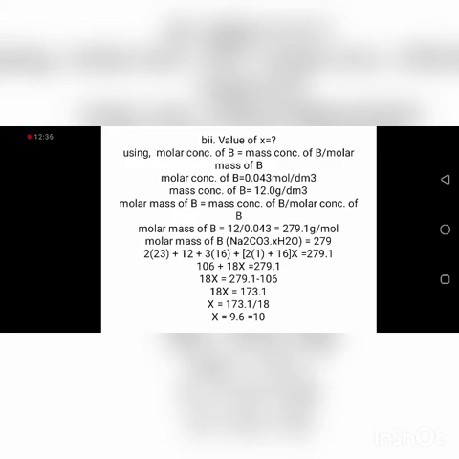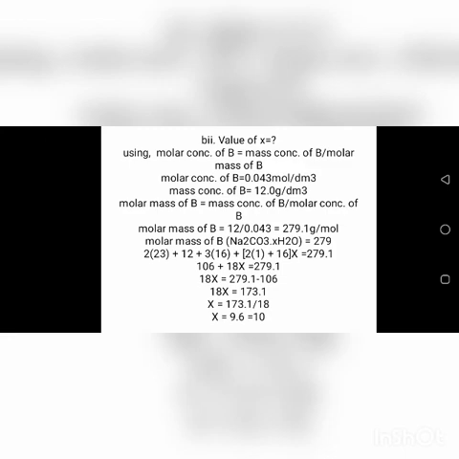The mass concentration of B, given in the question, is 12 grams per dm cube. Molar mass of B will now be equal to mass concentration of B over molar concentration of B. From there, molar mass of B will give us 12 over 0.043. That is, molar mass of base will now be equal to